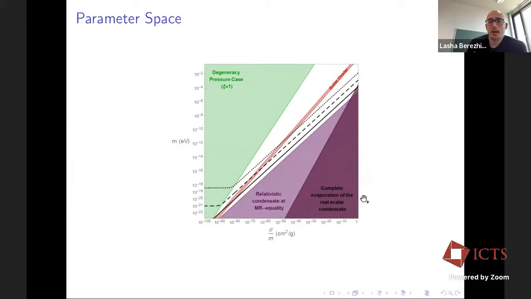Okay, so since I'm already running out of time, just a couple of words about this parameter space, for the mass of the particle and sigma over m. This green region corresponds to the parameter space where quantum pressure would be dominating over the interaction pressure, which is not the case that we are interested in, because that puts us in the fuzzy dark matter type of mass range. We are interested in pressure supported, so superfluid dark matter, which is a pressure supported system. Then this white region would be fine.